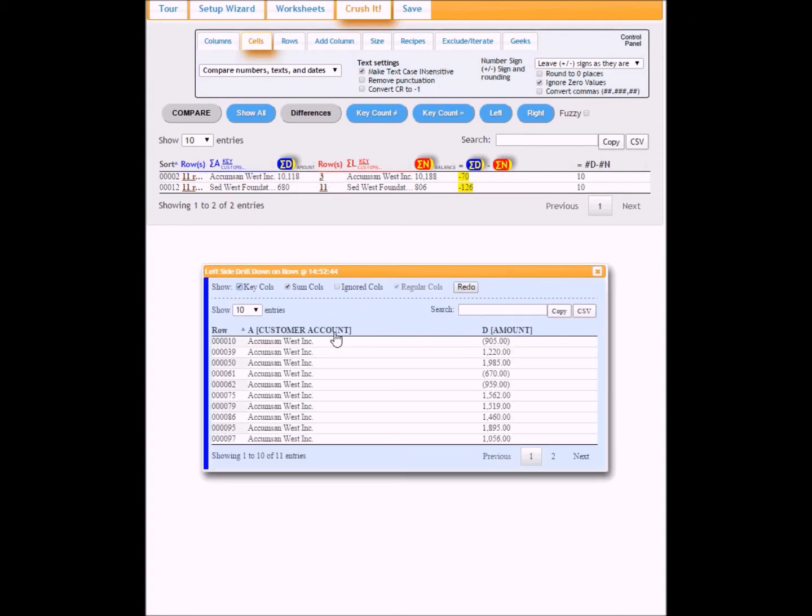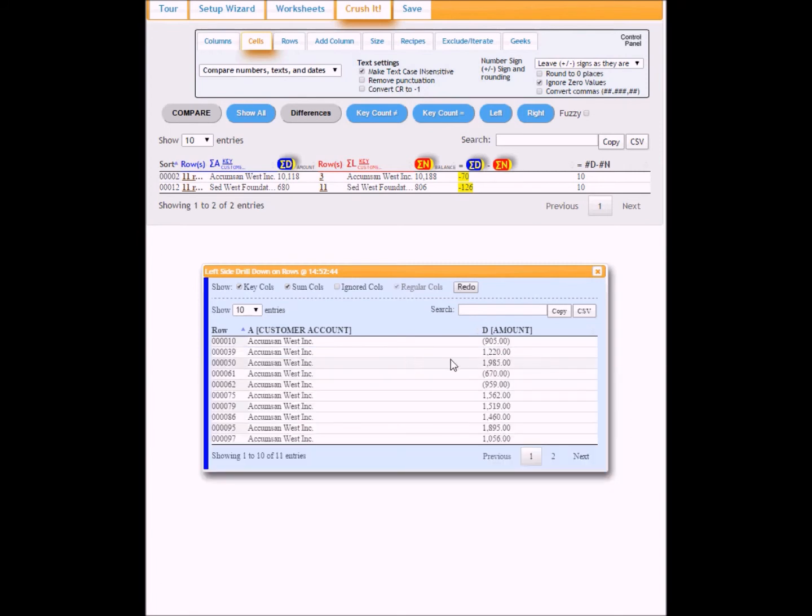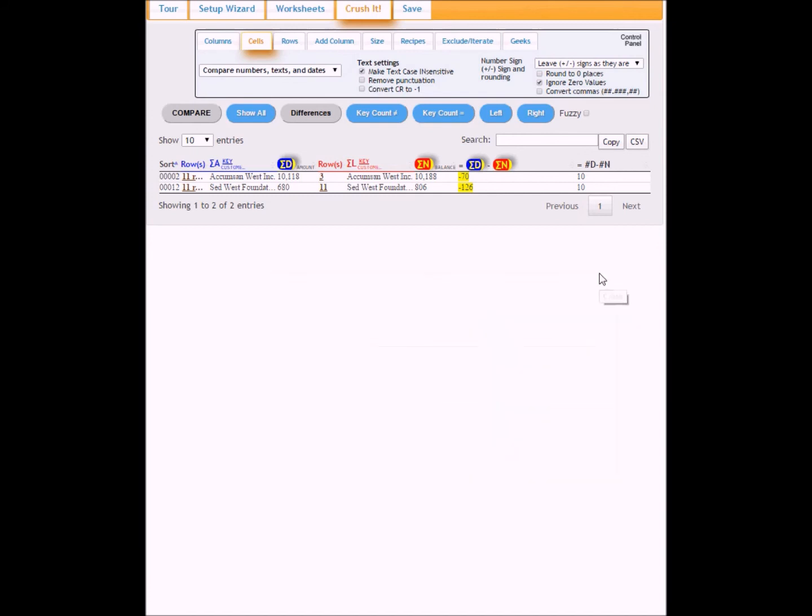You can click over here, and it will pull up all the detail. And at this point, you would have to go and pull the actual documents to compare and find out what's missing. But it saves a lot of time, especially if there are thousands of rows, which